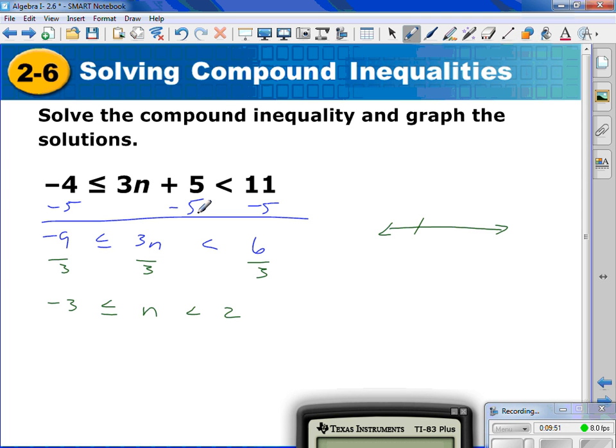Now, the small number should always be on the left, the big number should always be on the right. If you did it correctly, that's the way it should be. This one is closed, this one's open, and they connect. That's it. Now the question that was brought up, what if